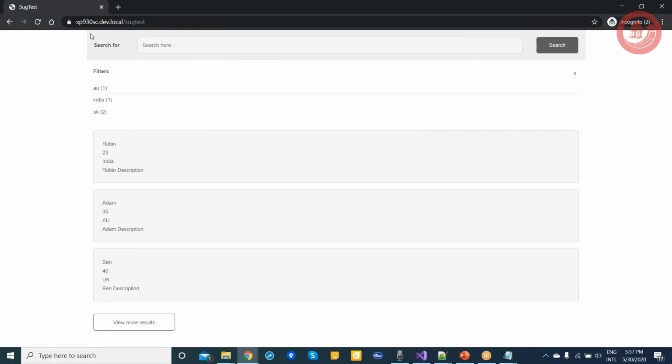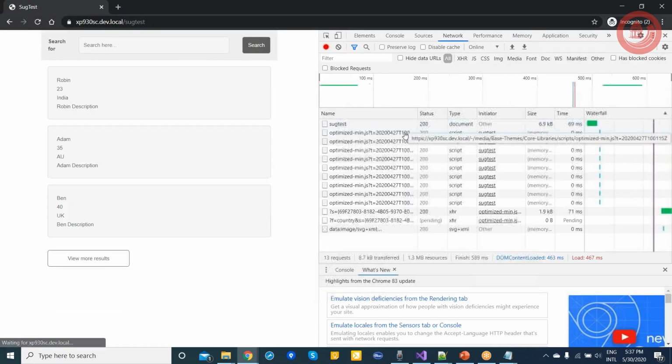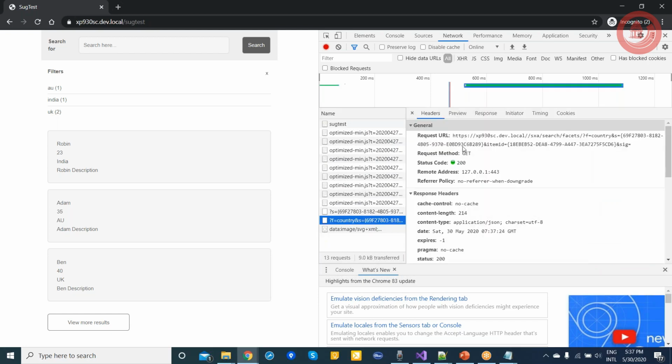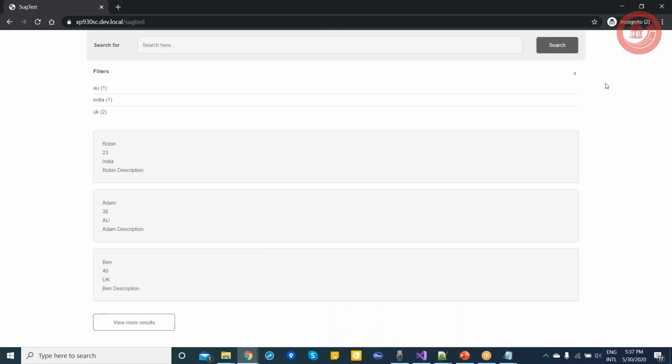The same thing, all these queries which are happening on this page, you can track from the network, like how it is going to SXA. If you see this query, the facet query, how it is going to search, and then in Solr, you can go and check the logs. You can generate your query, and then you can debug that if you are not getting the correct results or if it is missing some data. So that's how you mostly do the troubleshooting.